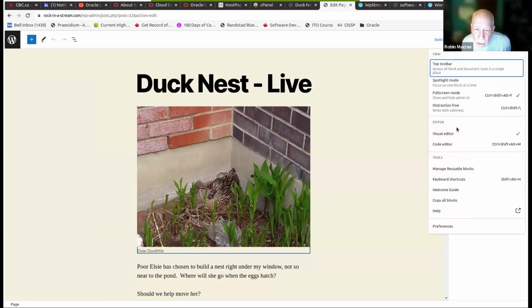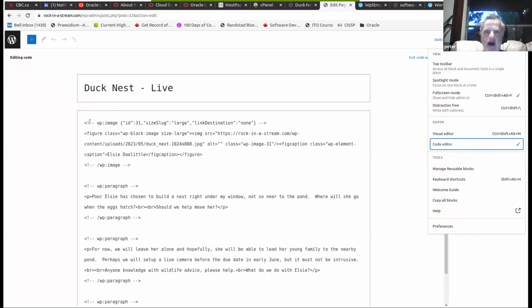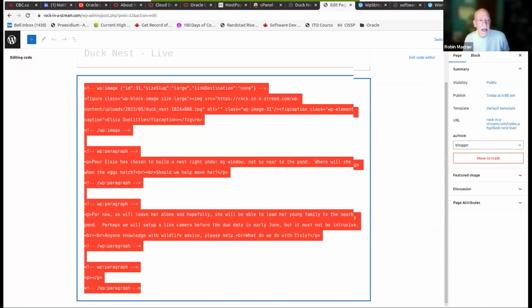Top toolbar, wait a second, visual editor, code editor. Code editor. Yeah, the reason why we're talking about the code editor is if you cut and paste this and then go to the code editor on the post page, then what you're doing should work flawlessly. Okay, thanks.